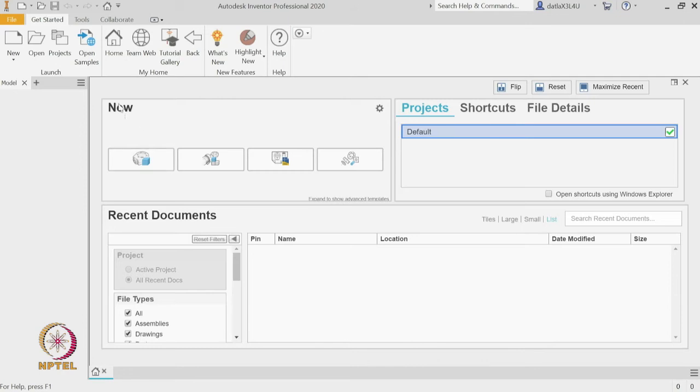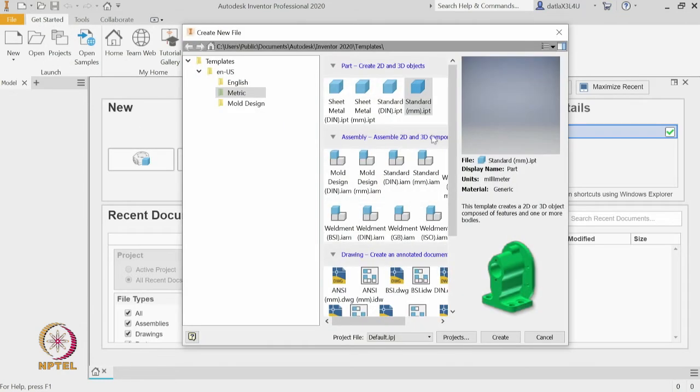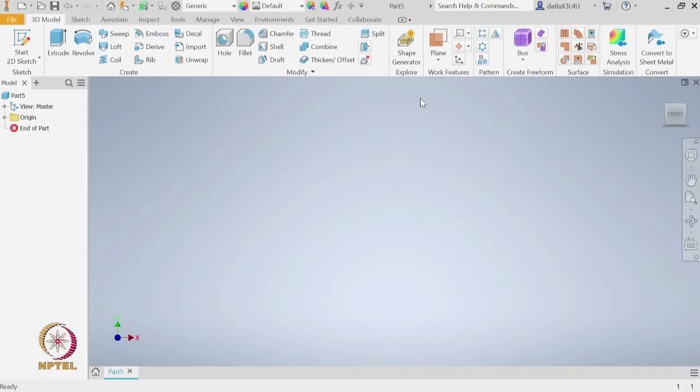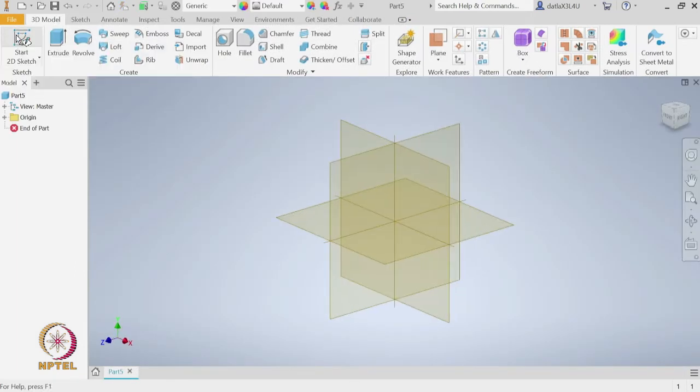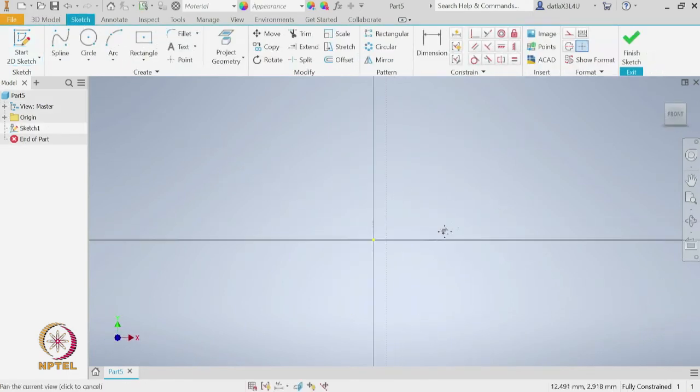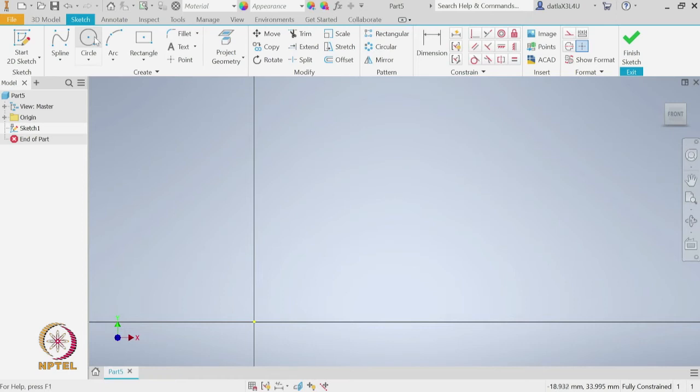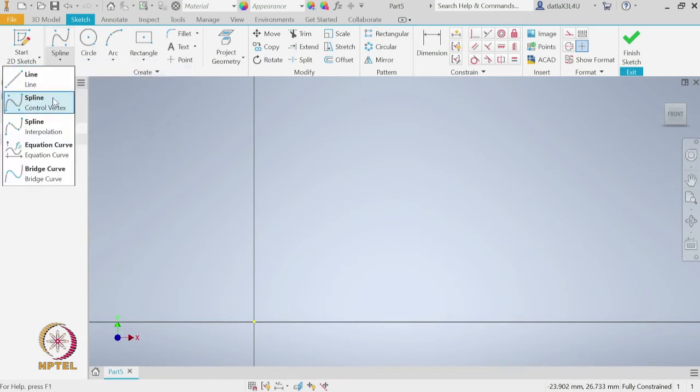So, here is the initial interface. Let us start by selecting the part template and then create a 2D sketch using the xy plane. Let us start by choosing the spline by control vertex.